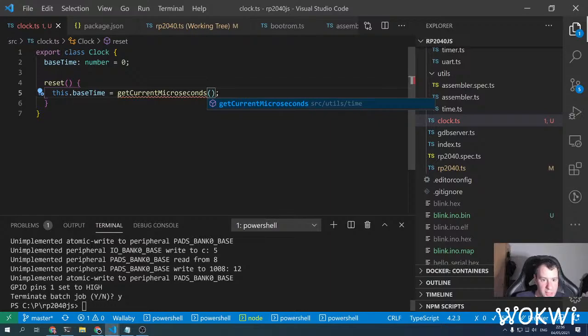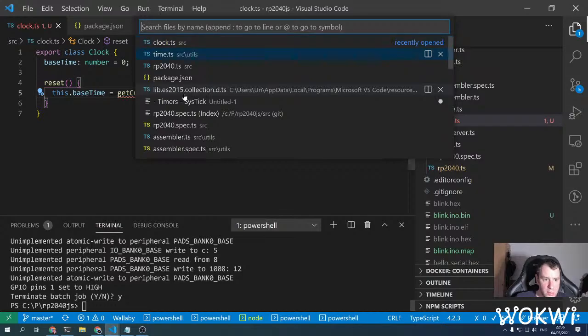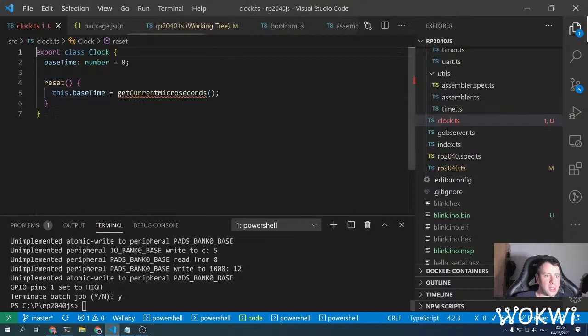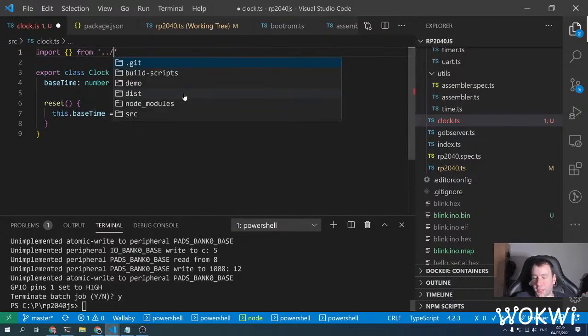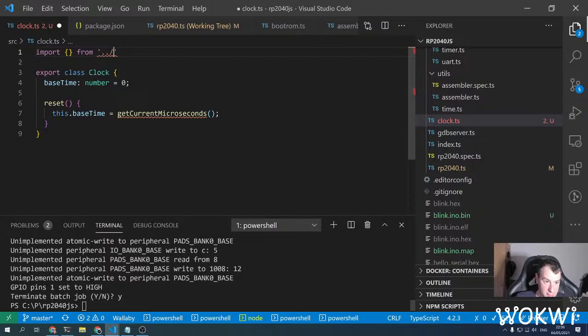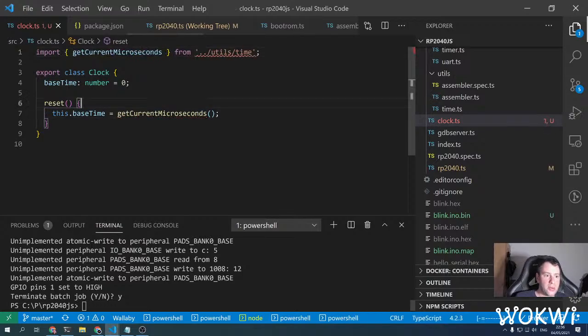That sounds about right. Where did we use that though? Why doesn't it import it? Imported from utils time. All right, import this. All right, and then yeah, so we can